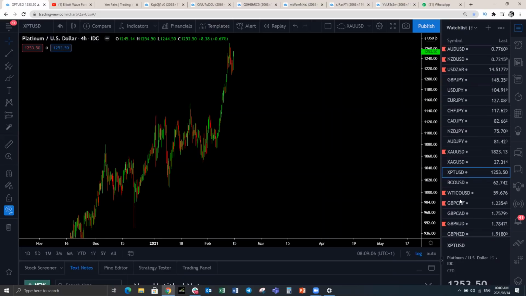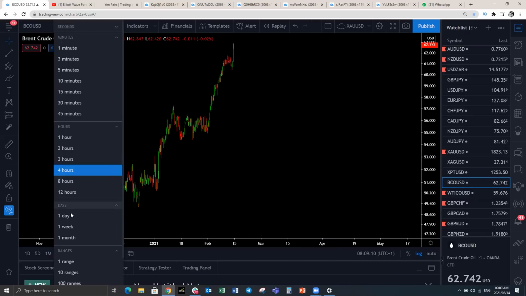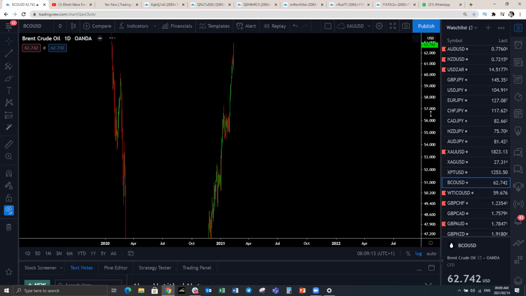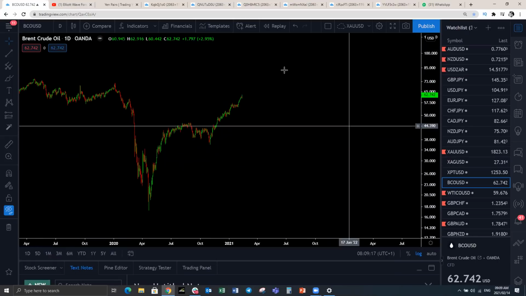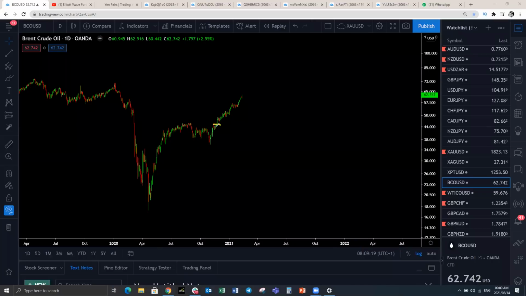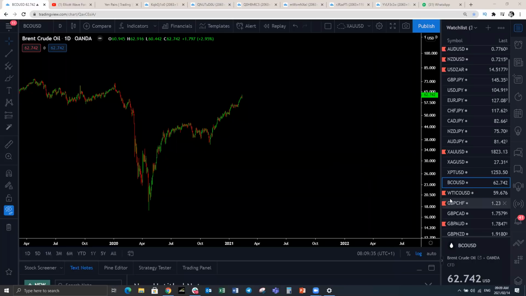Let's have a look at Brent crude oil. Brent crude oil, our target of 60 has been reached, and it was simply this. We're simply looking for this on Brent crude, and it has played out. We're simply looking for this to give us a 3-wave corrective structure, and from down here, we have been buying Brent crude, looking for this impulsive move, correction, and then upside as follows. So now we've reached our target. That's an ABC corrective structure, but we're not seeing signs of reversal yet. This is still continuing to the upside. We're going to see continuation to the upside on Brent crude.